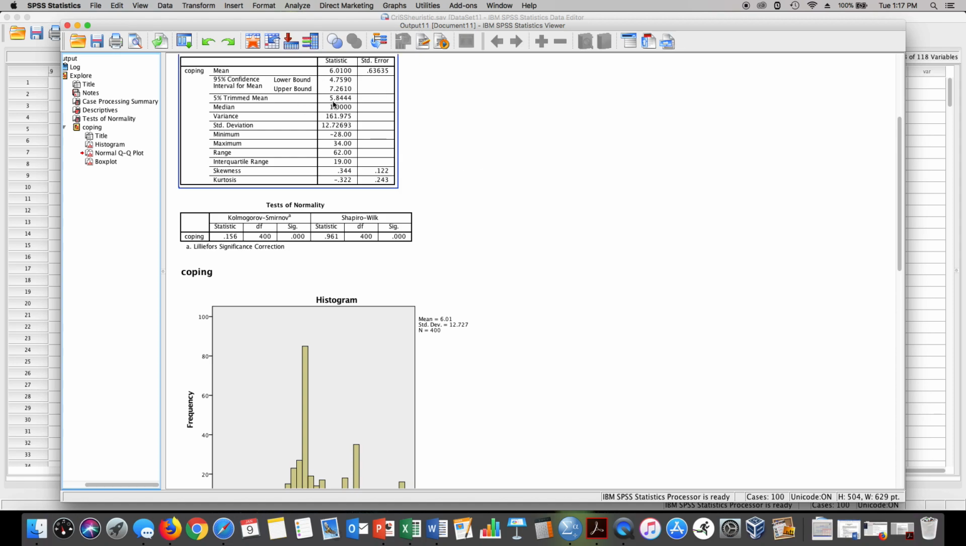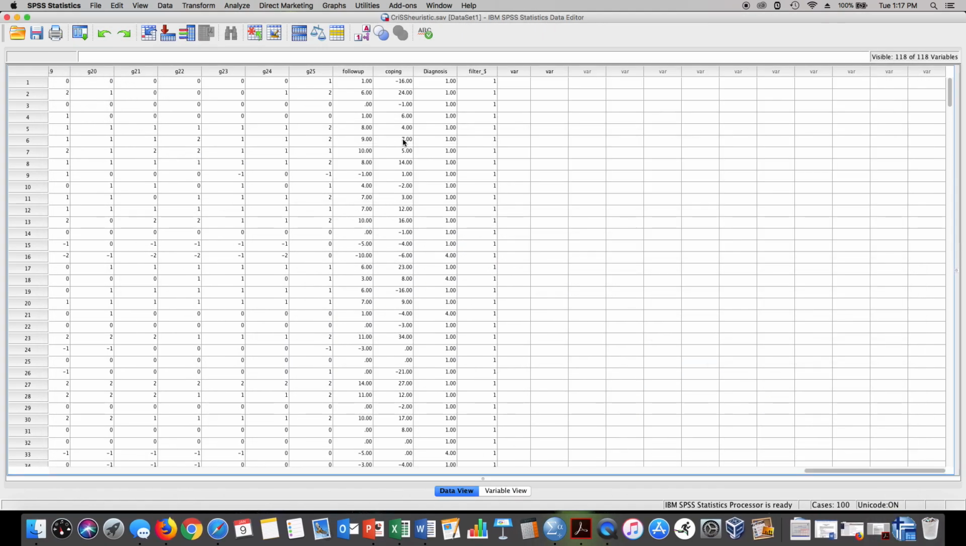We can basically get a good idea of the distribution here, and a little bit of information about our teens who took this measure. Now, if I want to create standard scores, because sometimes messing with negative numbers like a negative 28 and a positive 34 can be confusing and it's difficult to explain to people, and so if I just want to create standard scores here off the coping scale,